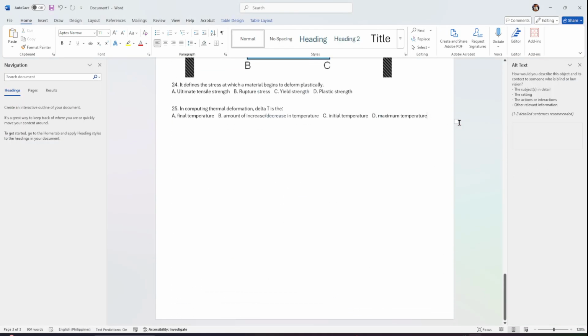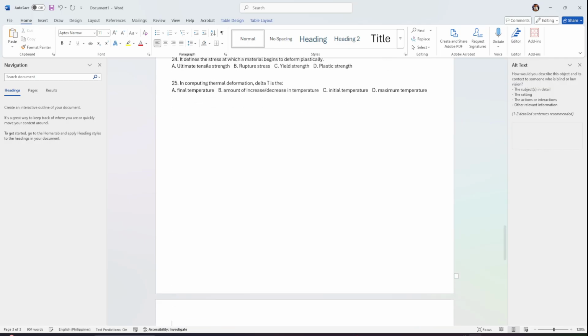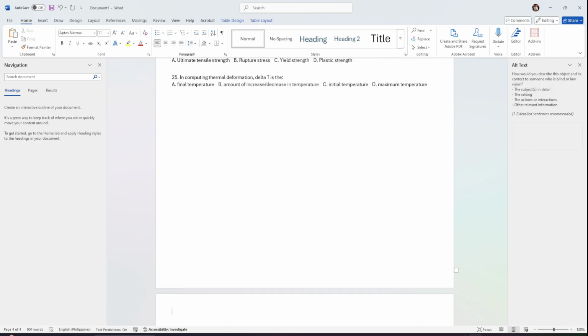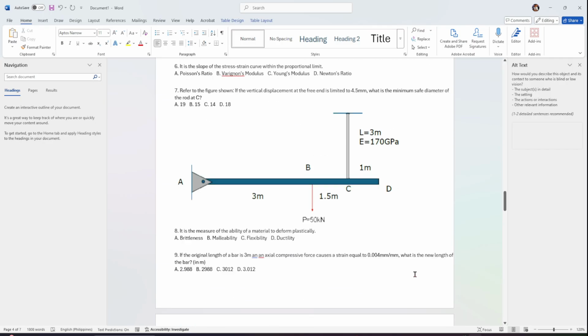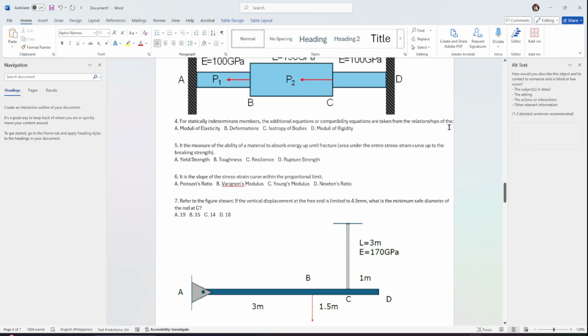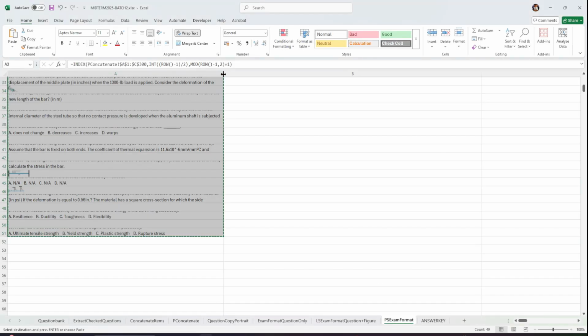So you can press enter. Then copy here. The choices will be randomized. And then according to the checked items, it will only extract those that are included. So as you will notice, there is less space on the right. So what you can do is you can adjust the column size.